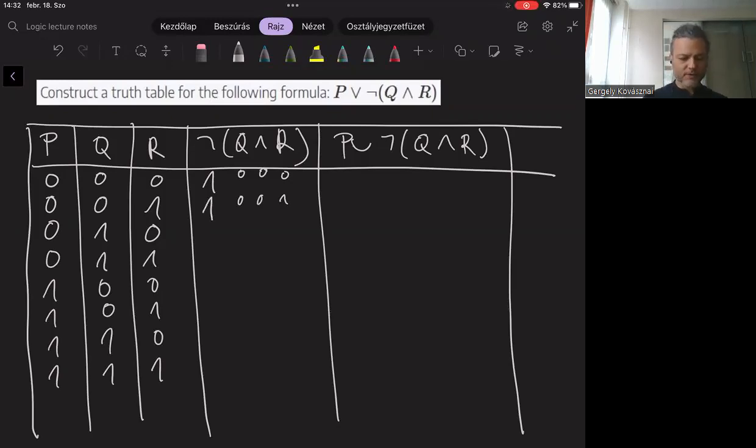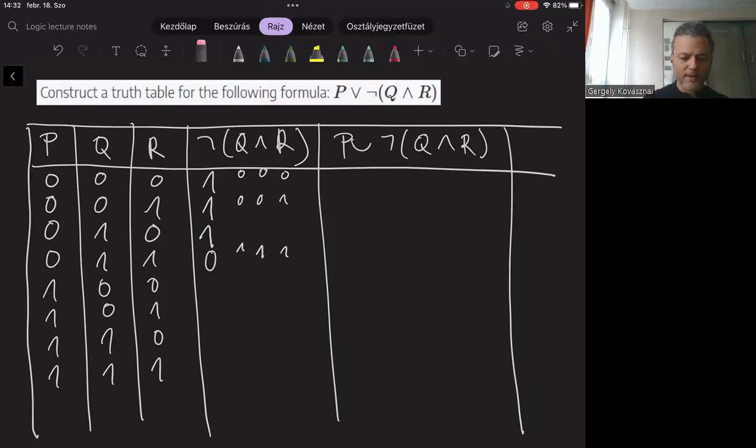So of course, since you know how conjunction works, you know that in the next row, the value will be the same, 1. And then in the fourth row, where Q and R are both 1s, the conjunction evaluates to 1, and this is what we negate here, so we get 0. Okay, how to continue in this column?